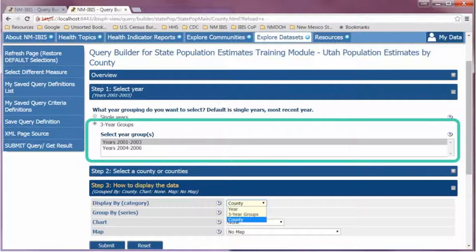Now I want to complicate step 1 in this section file by giving our users another option for grouping years. In addition to single years, I'd like them to be able to use year groups. Everything looks fine until we get down to the display by step and see that there are 2 year selections. Do we really want our users to be able to cross-tabulate the data by single years and 3-year groups? First of all, it doesn't make sense. Secondly, we don't want them to have to try to figure out what's going on and what they're supposed to